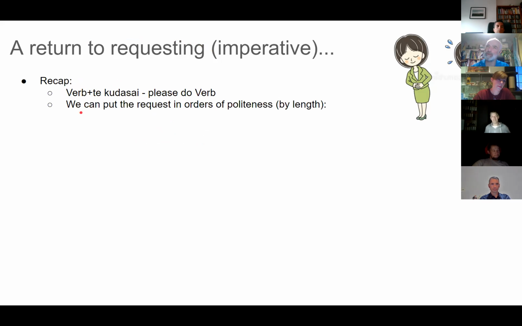And then we can increase the politeness of that request by changing the length of the sentence. As simple as that. We make it more polite by making the sentence longer, including using different words. For example, to make it really direct and friendly but impolite, we can just put the verb in the te form, just like that. Itte, go. To make it a little bit softer, then you can put ne after it. Itte ne, tabete ne, kite ne.